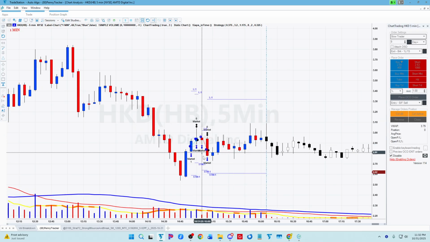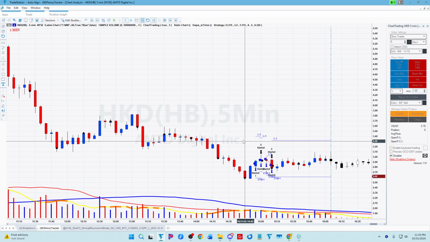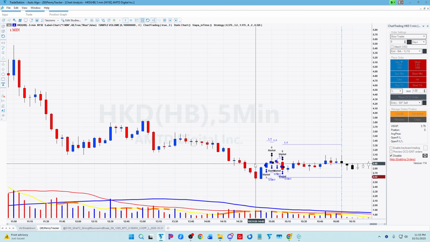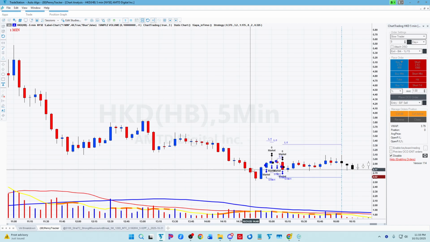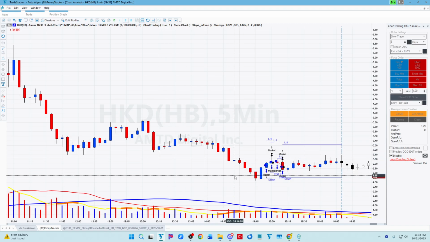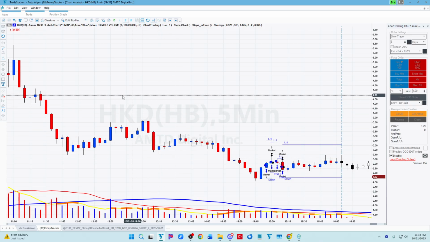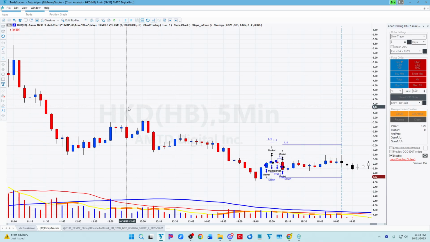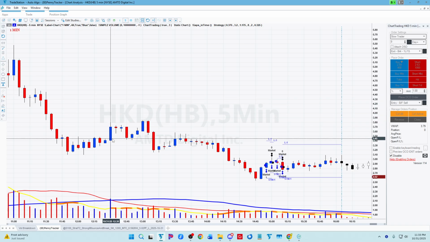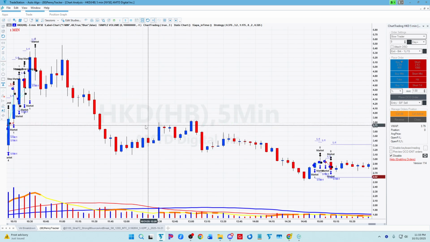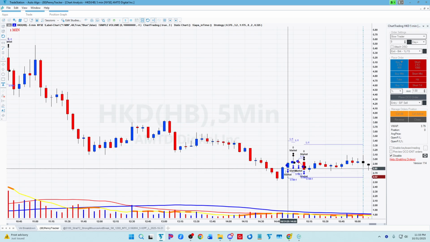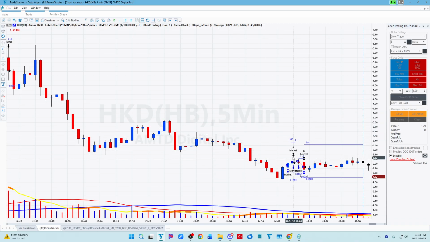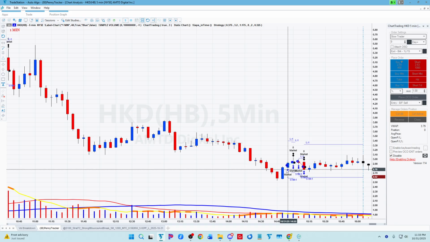Now, I was working on my scripts earlier today, and there's a few things I need to work out with the trailing portion of it. The trailing works fine when the strategy is on. The problem, or a problem, is if the platform crashes, which it can do. I won't say how often it happens, but it can do. If the platform crashes and then you have to turn the program off and then back on, the question is,